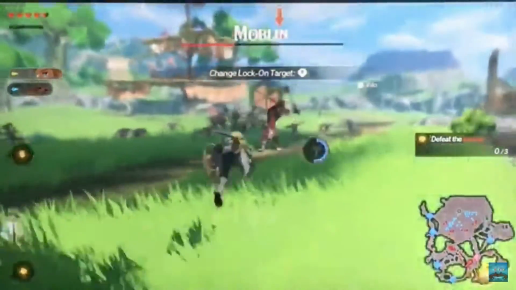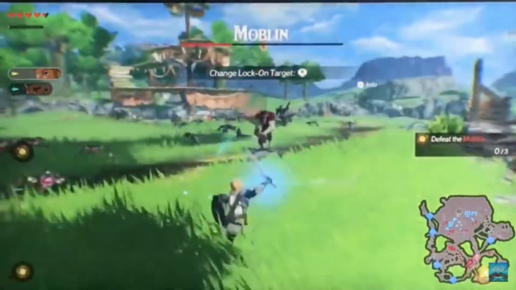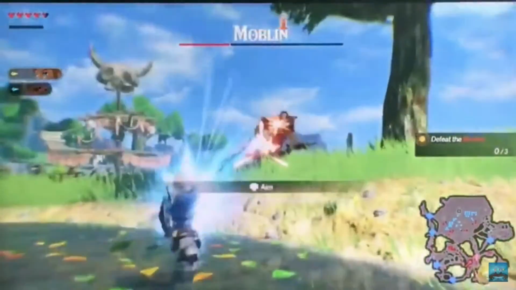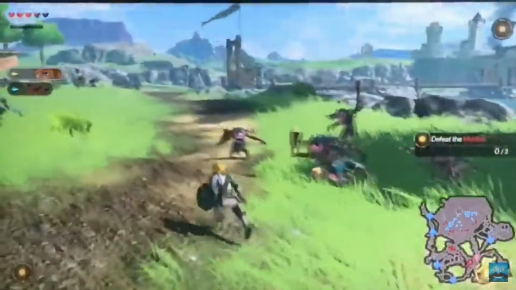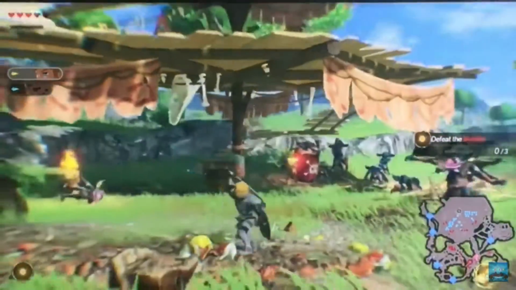The next tip I want you guys to take under consideration is to use your special. And when I say special, I mean against the big bokoblins or the moblins, because it does a ton of damage, guys. And I don't want you to be using it against weak enemies like red bokoblins or Lizalfos, because it's just a waste. If you use it against moblins, though, it could take away half their health, and it might even one-hit